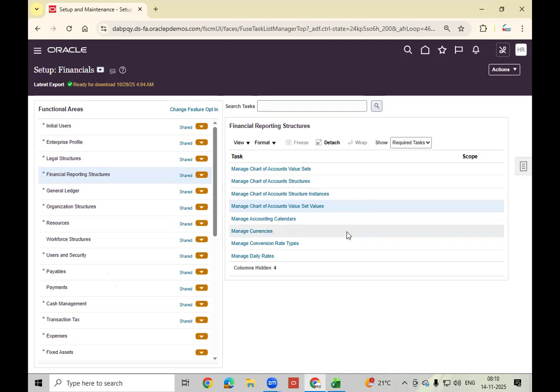On Monday's session, meantime, I will try to clear that error. If the instance is refreshed, well and good, we will create again new. Anyway, Monday we will start defining the primary ledger setup. Now prerequisites are completed. Still there is one more prerequisite, accounting methods, that also we need to discuss in some detail. So that we'll see on Monday.